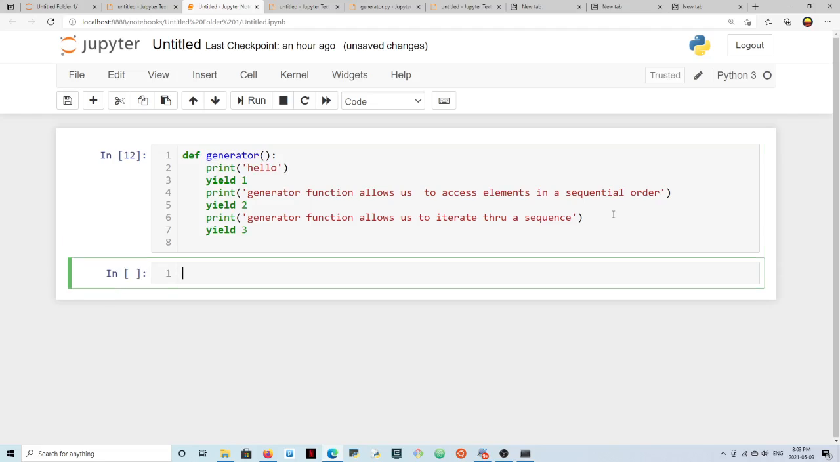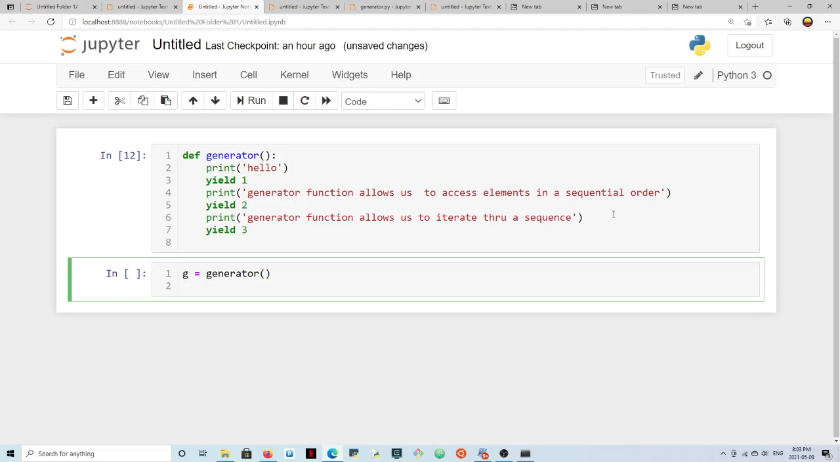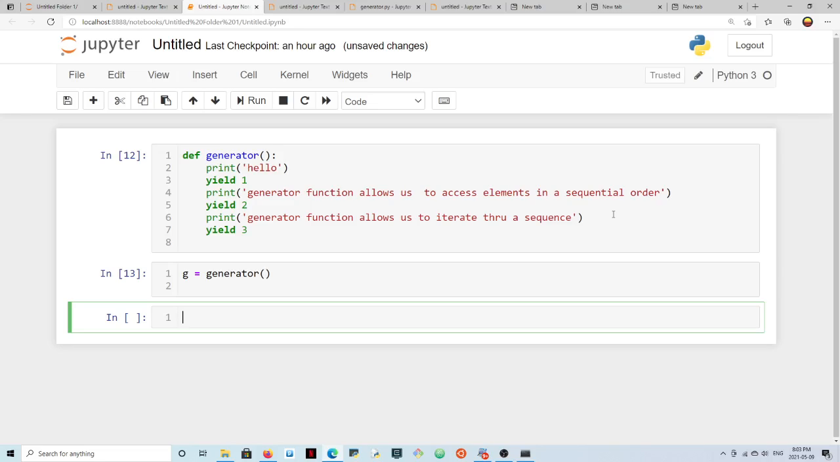Now I can assign this function to an object, in this case like a variable in Python. So you can just say, let's say G is equal to generator. And now there's a function in Python 3 which is called next. You use this to iterate through a generator function. So next, you pass in the object which is G, as the argument here, and